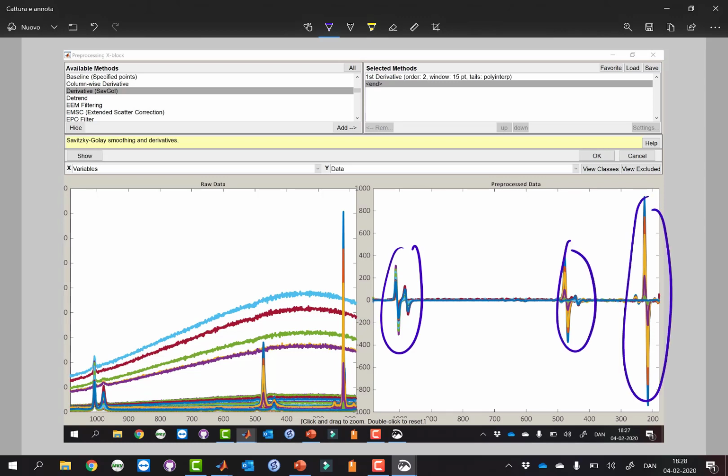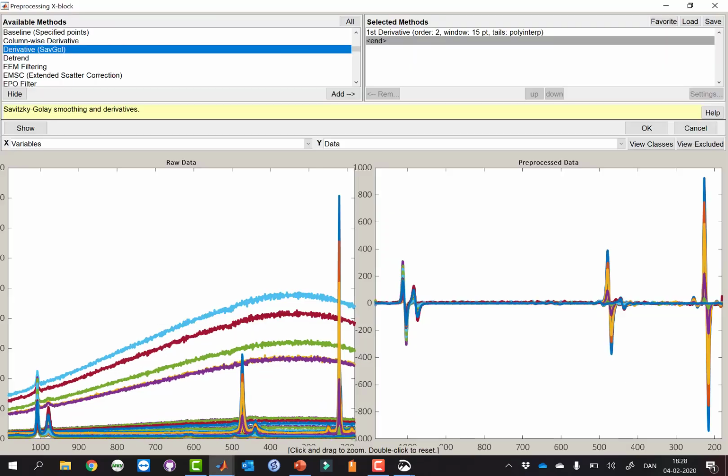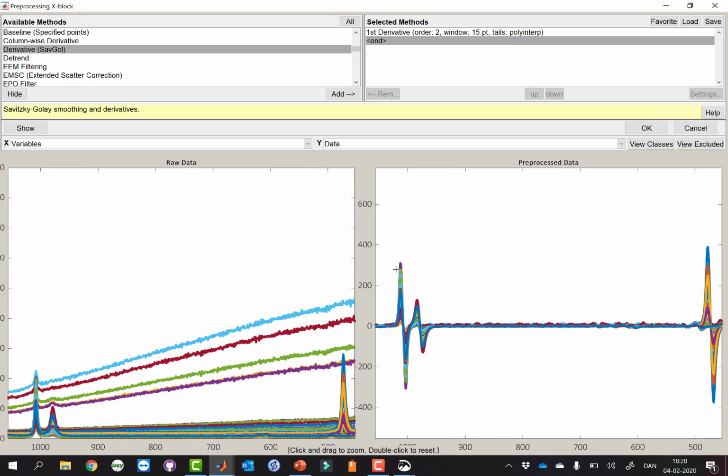So if that's what you're interested in, you're gonna get much clearer results in whatever modeling you're doing. And that means that doing derivatives would be one way of handling scatter. The downside is that your peaks become a little bit more complicated, and that might be an issue.